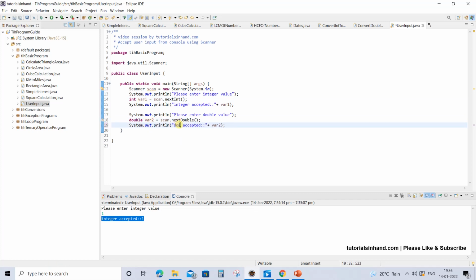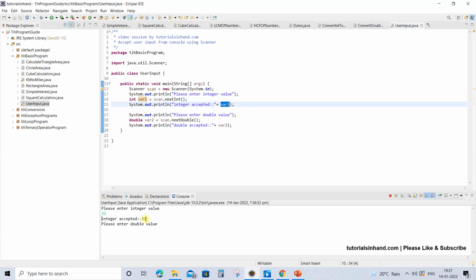Let's say that the double value is accepted. And now if you execute this code once again, just enter any integer value, that is 33. This 33 is stored in the variable var1 and that is printed in the very next line. So it's done and it's good. The next message is please enter double value, which is this one, and now it is waiting for the user to enter the double value.